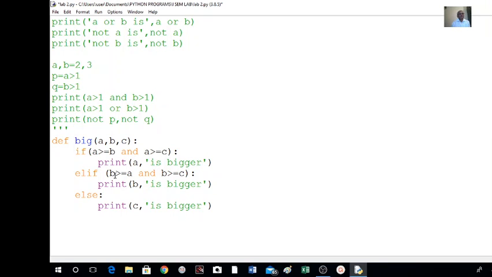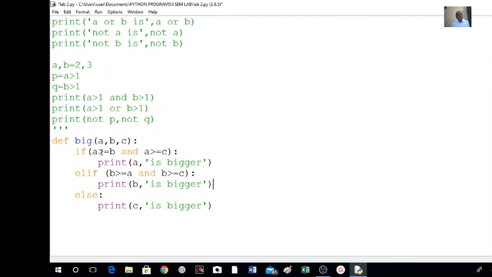Else, if not, then I will compare B with other two here. B greater than or equal to A and B greater than or equal to C, definitely then B will be bigger. Print B is bigger. Otherwise, if A is not bigger, B is not bigger, then definitely C will be bigger. So this is a program to find the bigger of given numbers.